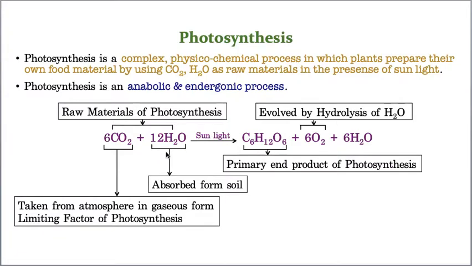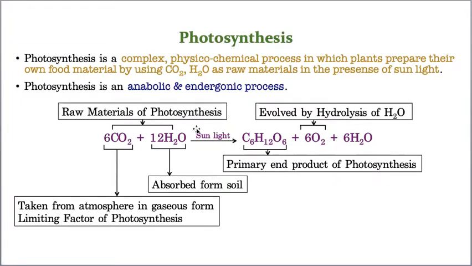12H2O, that means water molecules. Where will you find it? In the soil itself. In soil there is some amount of water, because if you take soil consisting of soil particles, between the soil particles you can see fine gaps which are called capillary pores. In those capillary pores this water will be deposited. Now the plants can utilize this water. So obviously, if the plant wants to absorb water, it needs to depend upon soil. Hope you understood now.